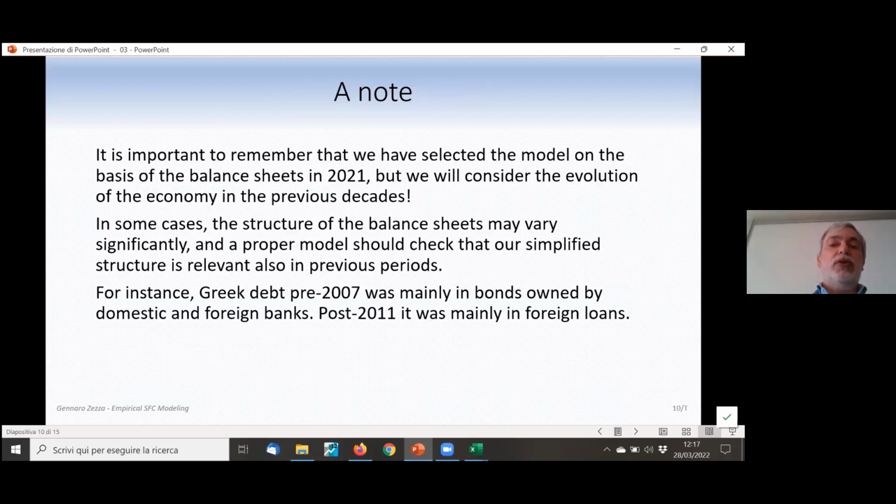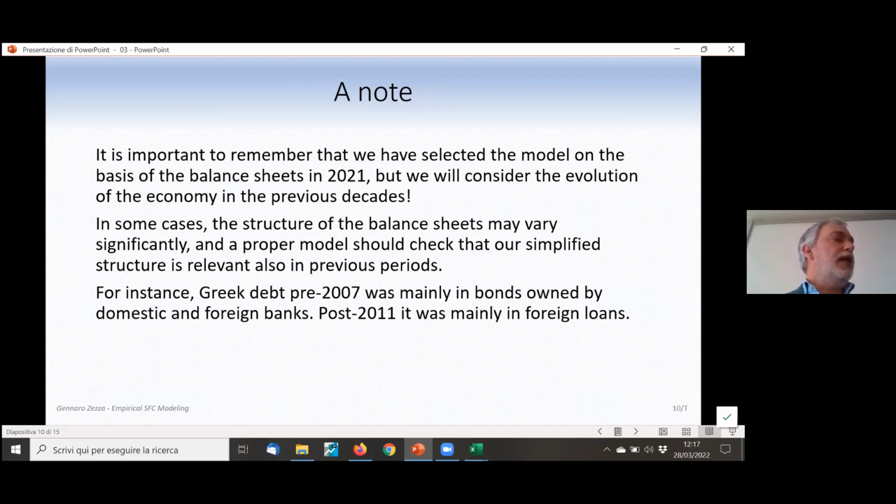The other important thing to consider is that we have done this exercise on the basis of the recent balance sheets. But we will go back to 1993. And what if the balance sheet has changed very much in this period? So once we have done our analysis, we should also look at the previous years and check whether the structure of the data that we have chosen and the structure of our model balance sheet is still relevant also for the previous period. Now, for instance, for Greece